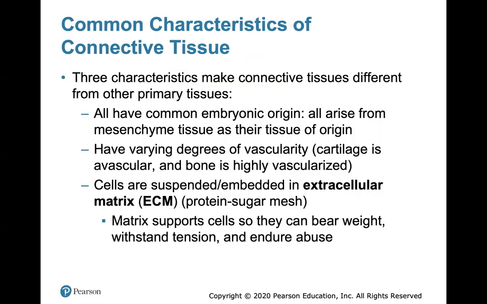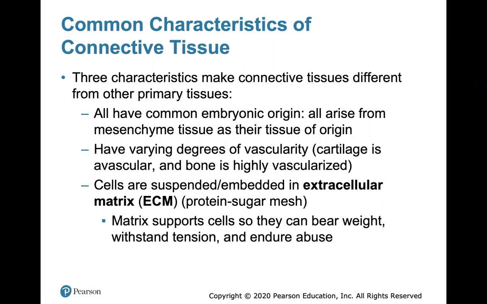So three characteristics make connective tissues different from other primary tissues. All have a common embryonic origin. So they all arise from what we call the mesenchyme tissue as their tissue of origin. So during embryonic development in the womb, they all come from the same type of tissue. They have a varying degree of vascularity. So for example, cartilage is avascular, no blood vessels, and bone is highly vascularized,